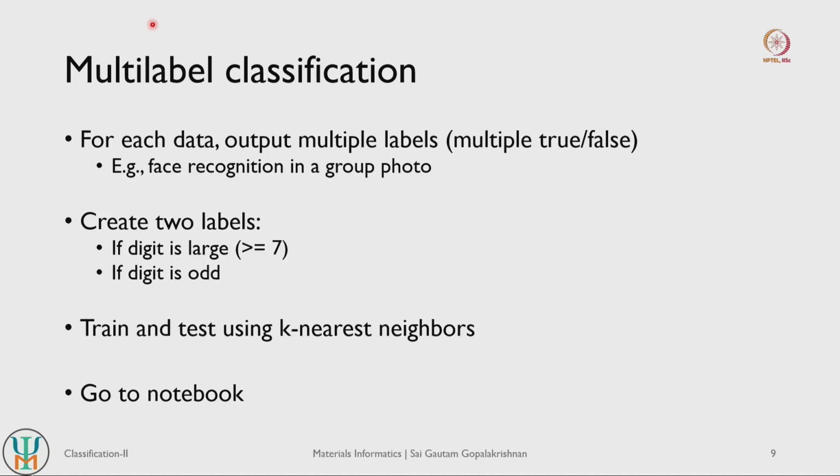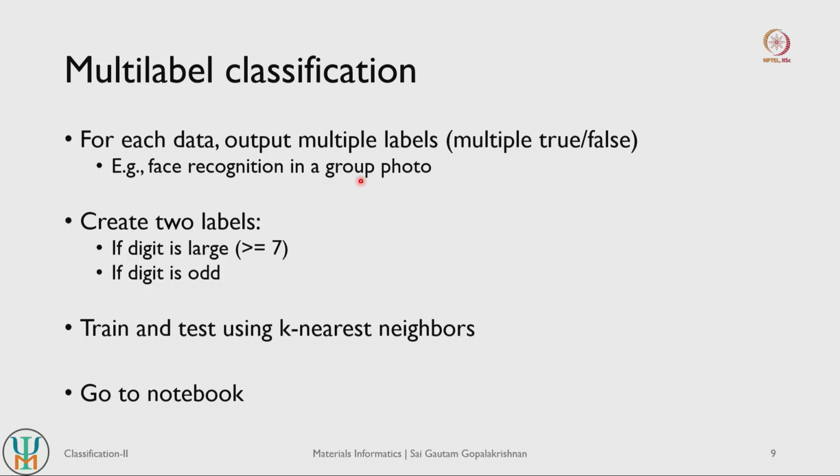Okay. So we looked at multi-class classification. We can also construct classification models that can predict multiple labels. So what do I mean by that? For each data point there can be multiple categories, where the model is predicting either true or false. Think of it as multiple true or false predictions for each data point. In multi-class, there are multiple classes and the data point fits into one of those classes, so the prediction is still one, there is only one output. Here in a multi-label classification there can be multiple predictions, multiple outputs.